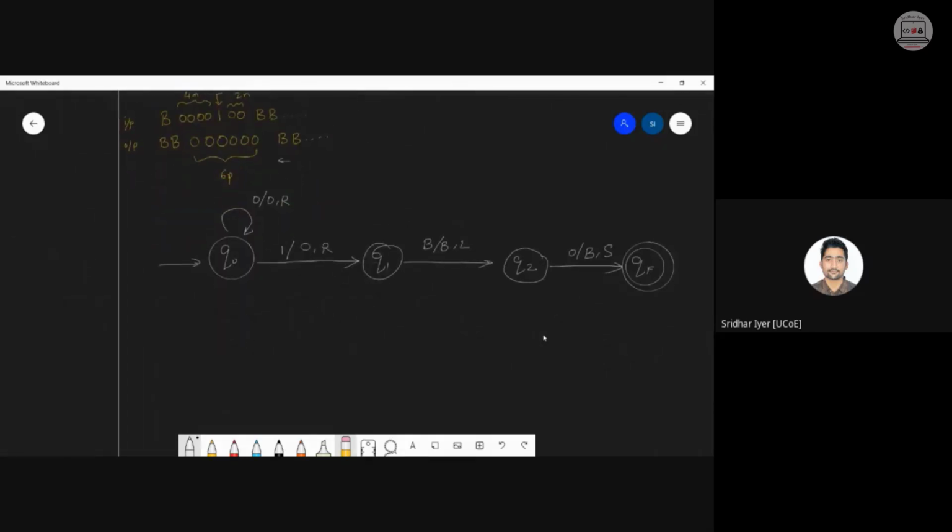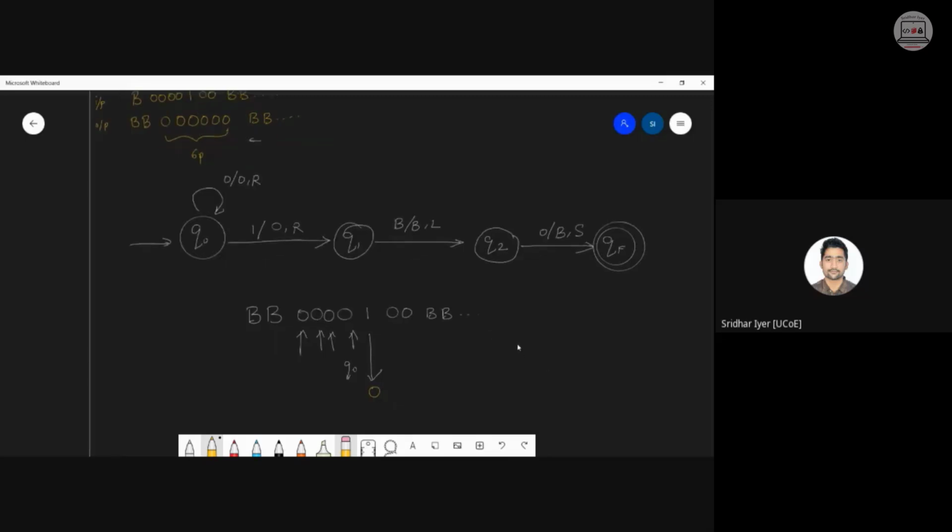So let me show it with the help of the simulation. Okay, we are having this input, 4 values over here, 4 zeros separated by a 1, and then 2 more zeros separated by blanks. What simple logic है? We are starting from this q0 state. We are bypassing this. According to our diagram, we are bypassing all the zeros. So we are in q0 only. अभी q0 में जैसे 1 आएगा, I will convert this 1 into a 0, right? And then I will keep moving to the right. So I am in q1 state now.